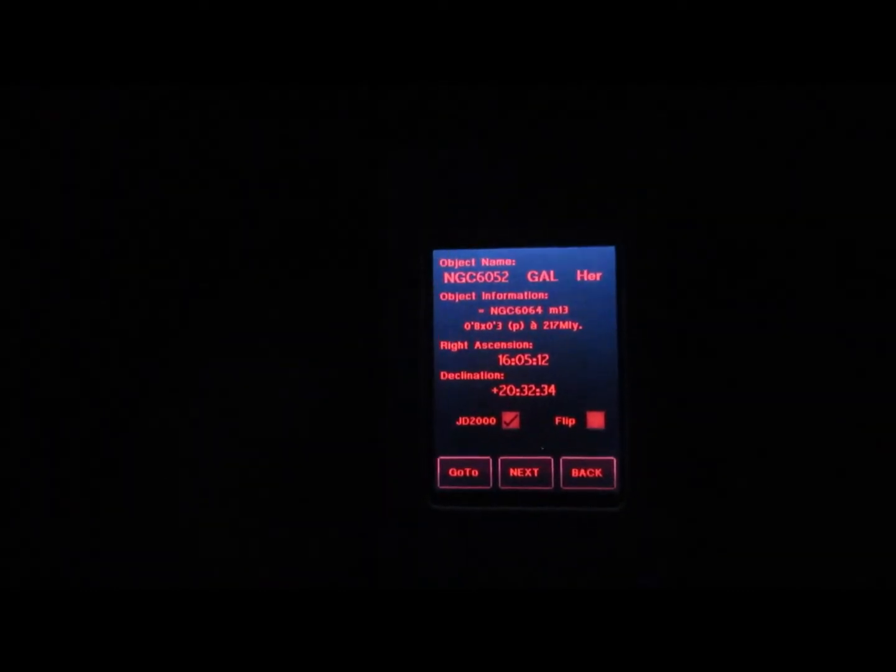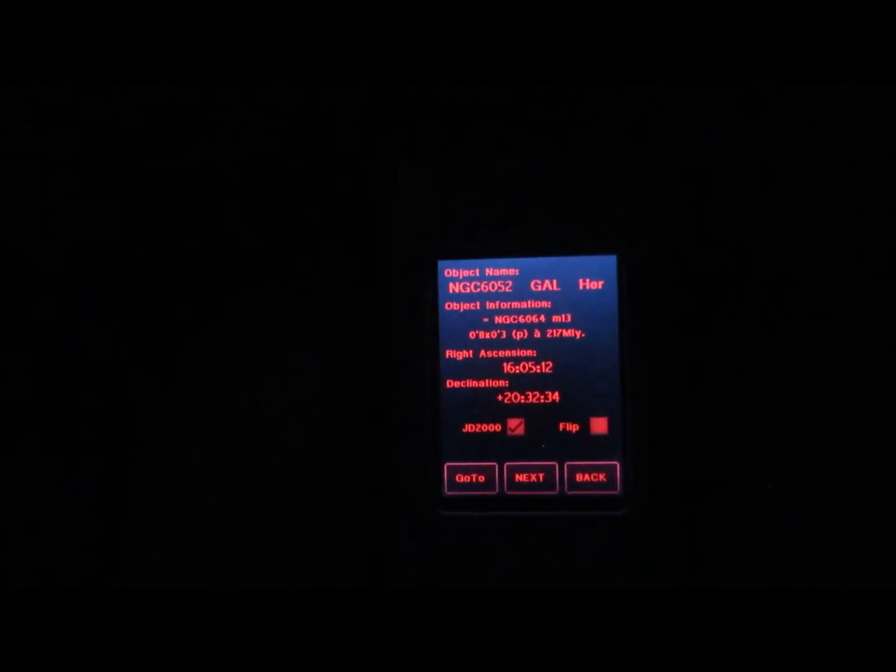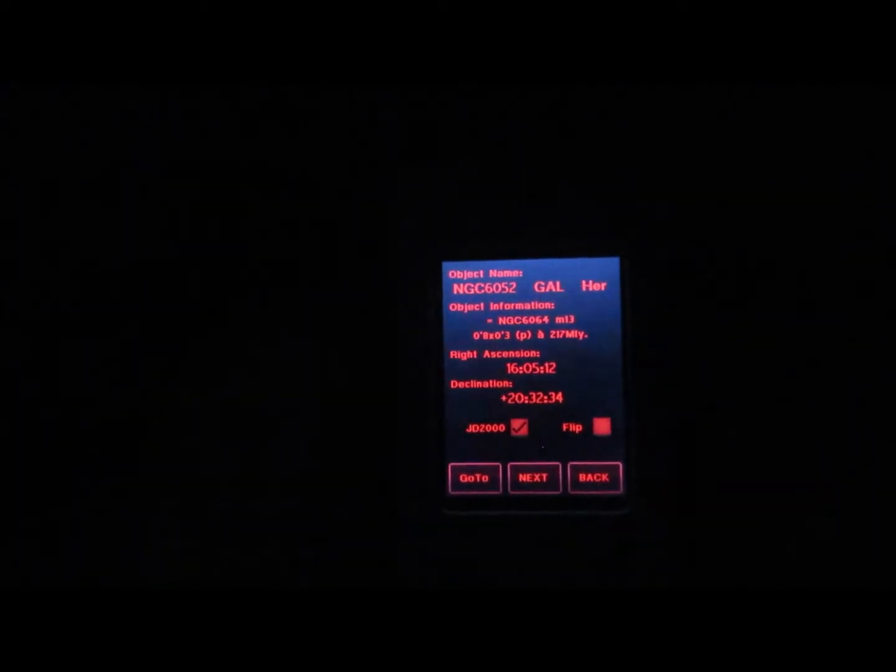Our next galaxy is NGC 6052, also in Hercules. It's also considered 6064, so it was reproduced. Magnitude roughly 13, very small, less than an arc minute, 217 million light years distant, and to the south, so we shouldn't have any issues here. Now watch the screen generate. Star streaks. Fixed stars,